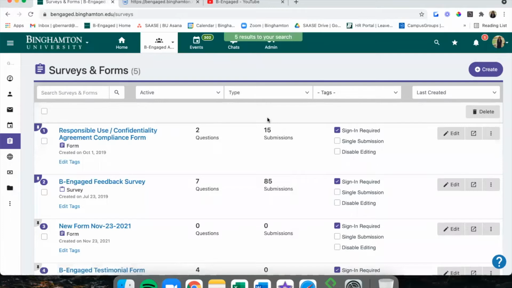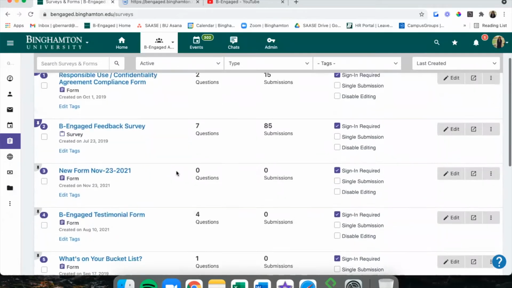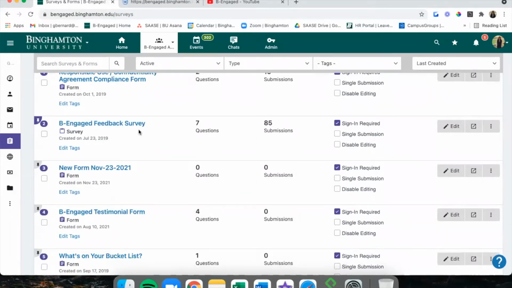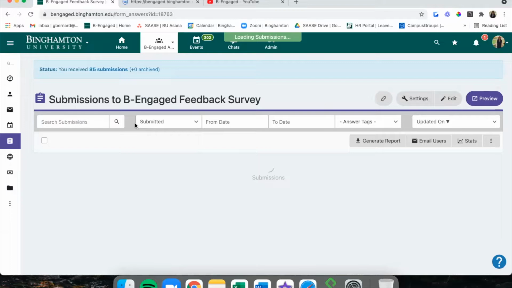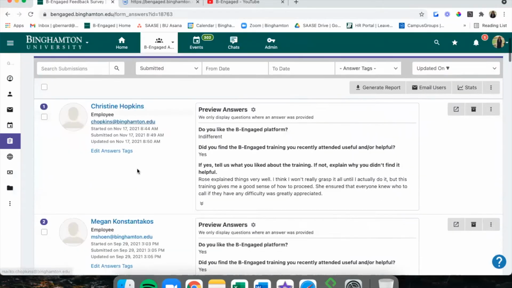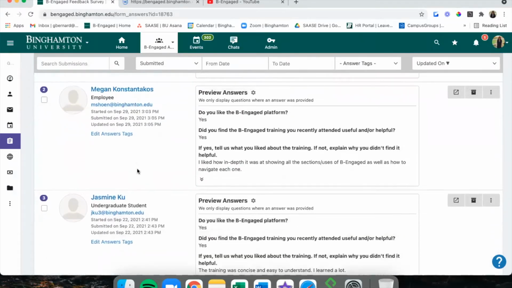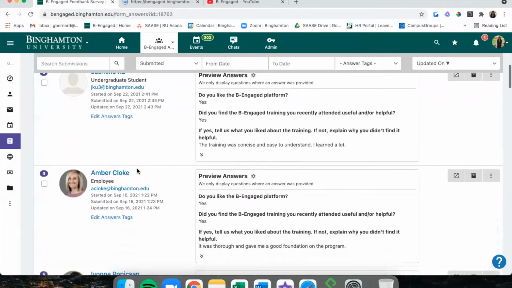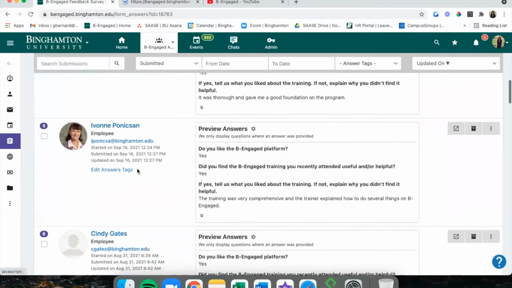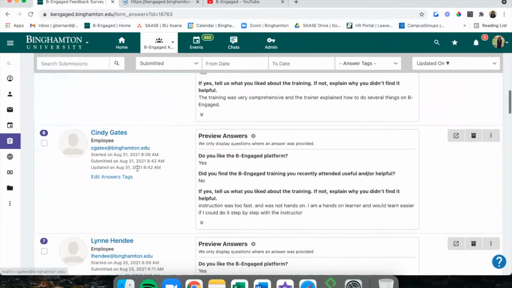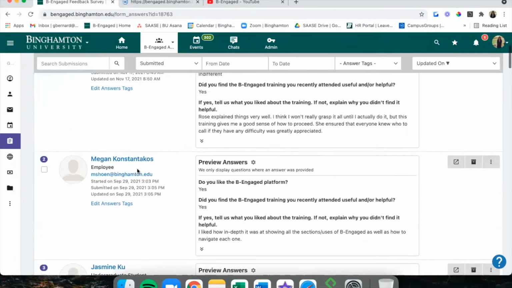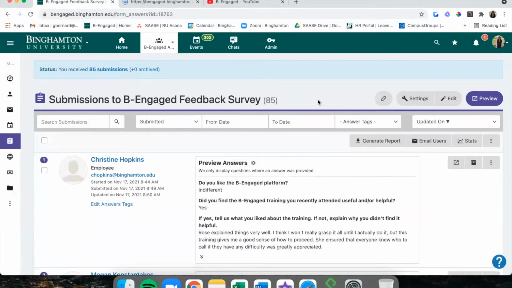If we go back to surveys and forms, when we click on the name of a survey, you'll be able to preview people's answers to this form. And we'll also be able to preview the form itself.